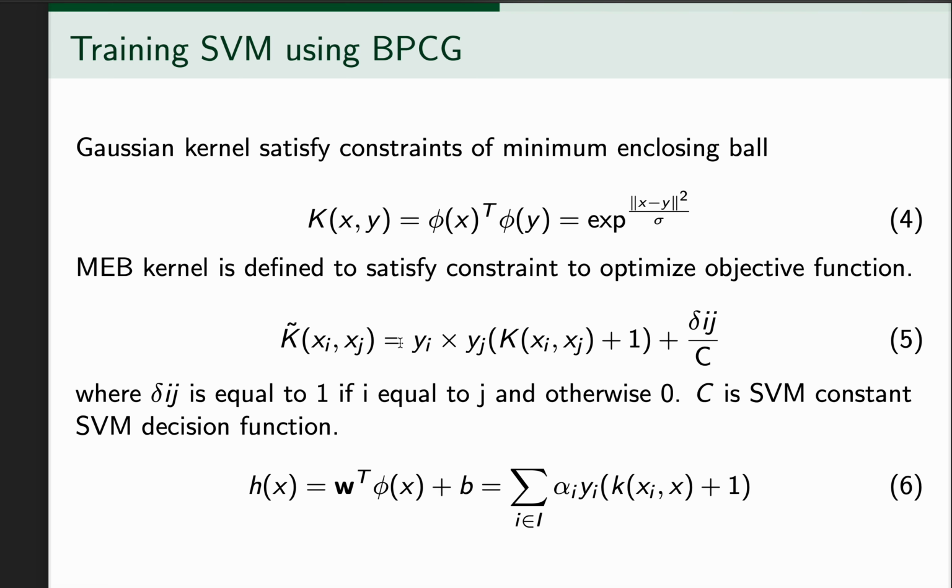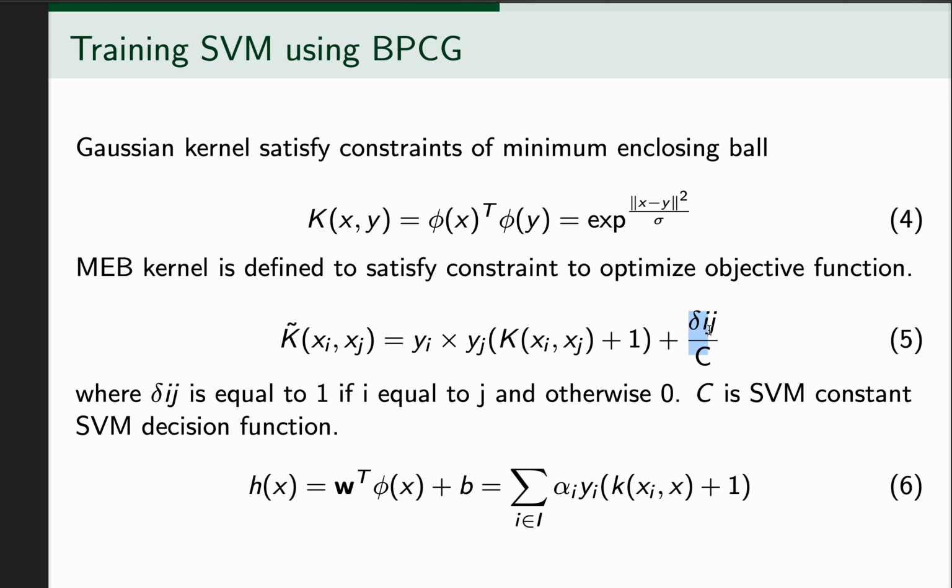You can see here in equation 5 the constraint is that the kernel K tilde will be some factor calculated from the kernel K, which is used in the original SVM,